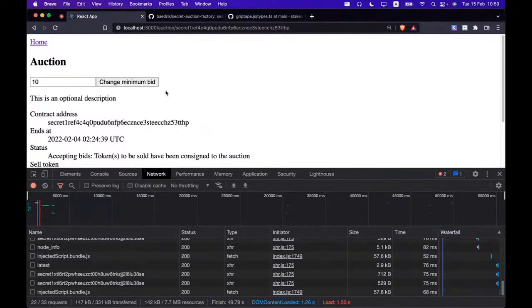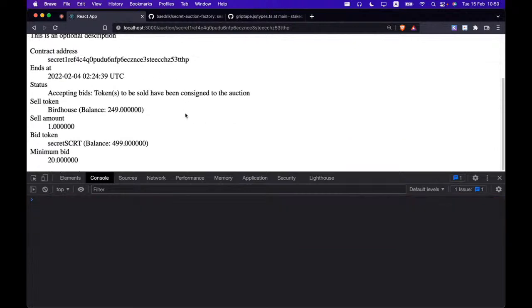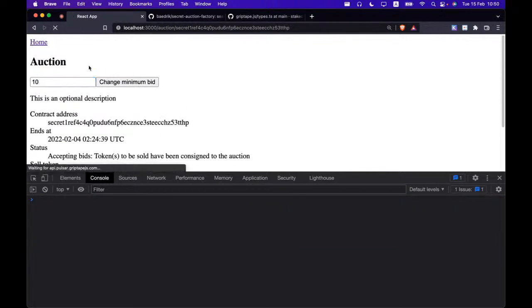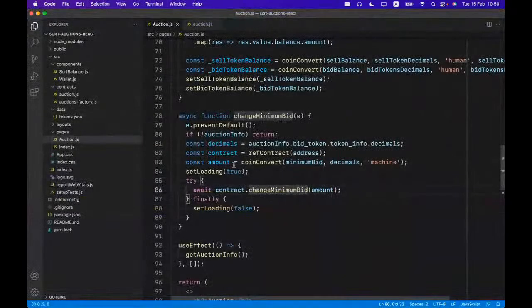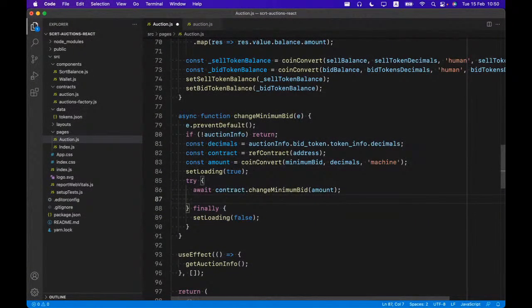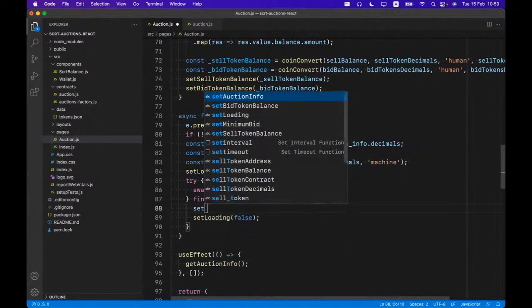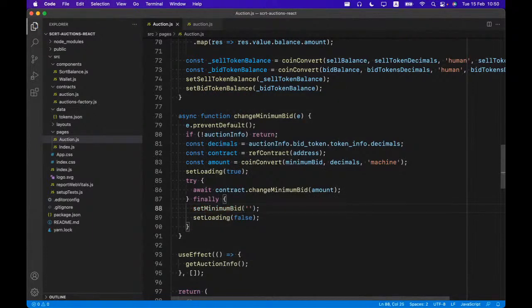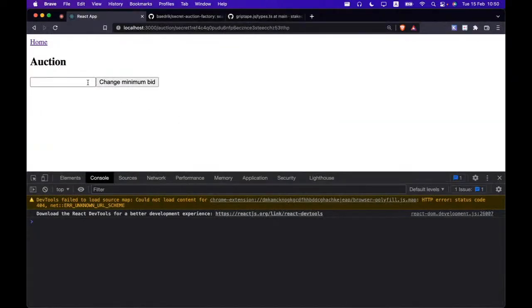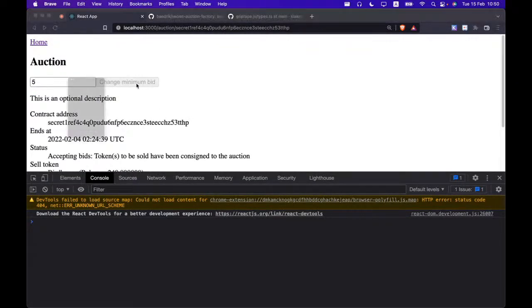You can basically check to see if you're the owner, right? Okay. Yep. I think so. Okay. Well, cool. We're going to handle that later, but for now, we're just going to leave the form there, and after it gets completed, I think we are going to clean up the set minimum bid to empty string. So after we do that,